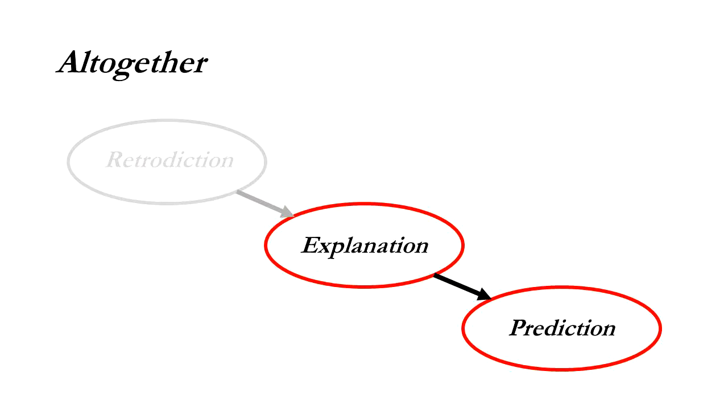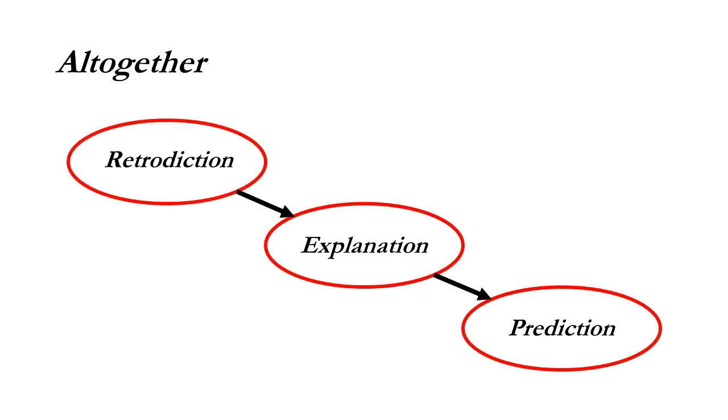Retrodictions feed into explanations. And you can use explanations and predictions to figure out what you should expect in the past. We do this today. We have, for instance, data and explanations and predictions that we've made about radioactive particles and how they emit energy. And we can use this to make inferences about what happened in the past, like for instance how old bones or fossil fuels are, using carbon dating.